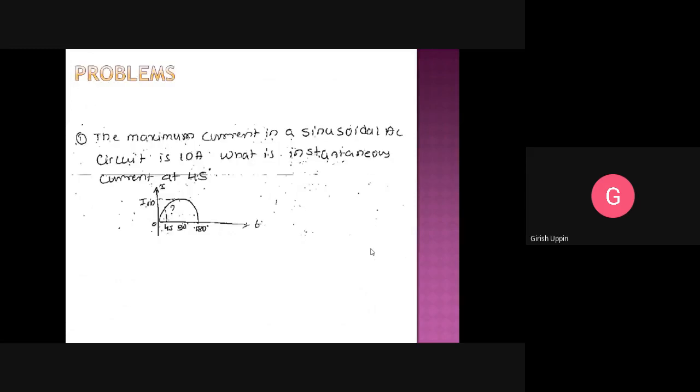So this is a simple example where we will find the instantaneous value. The maximum current in a sinusoidal AC circuit is 10 amperes. This is what Im is, Im is 10 amperes. What is the instantaneous current at 45 degrees? So they have given us an angle, this 45 degree. What would be the current value? And they have given